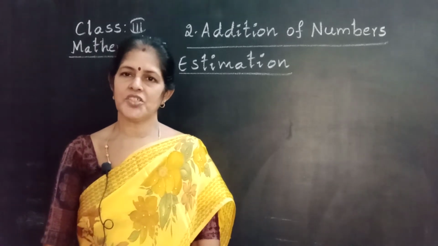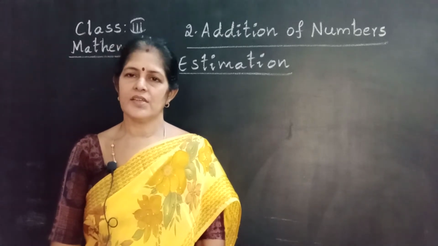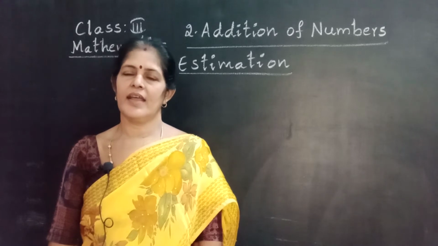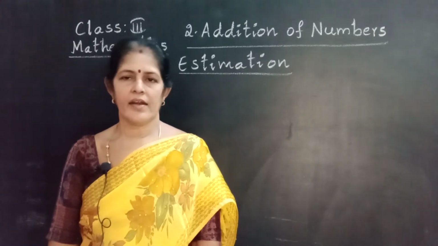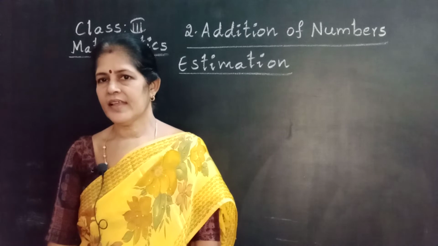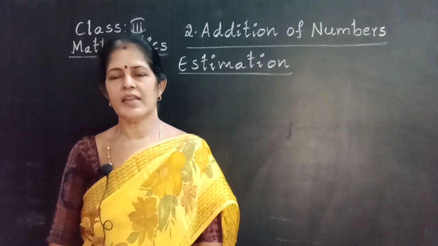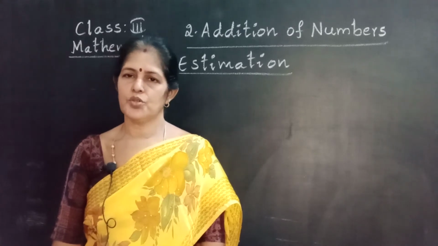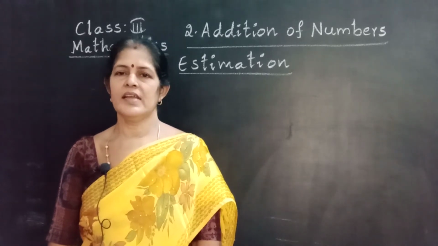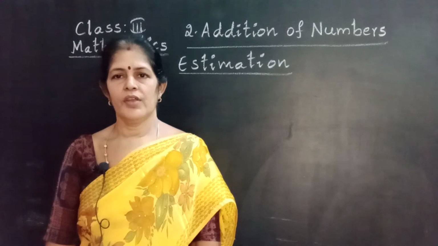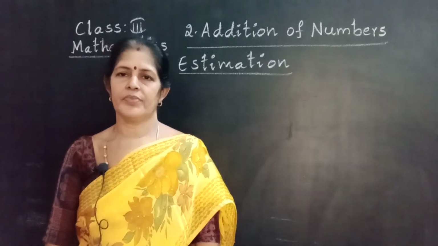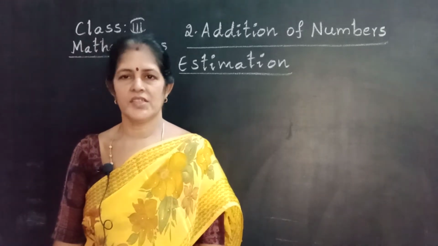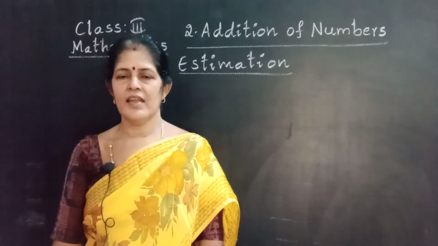The result of addition is called total. Next, we add 1 to a number or a number to 1. That means 1 plus number or number plus 1. We get the next number of the given number. Third one, when we add 2 or more numbers in any order, we get the same total. This property is called commutative property of addition. These are the rules in the addition.